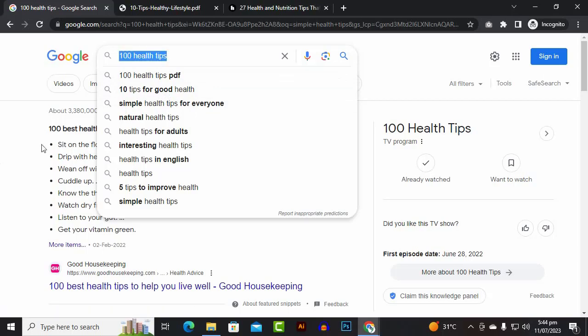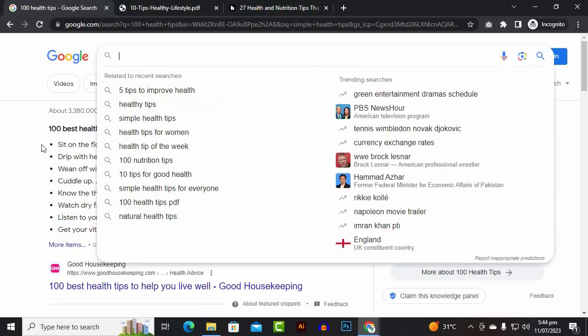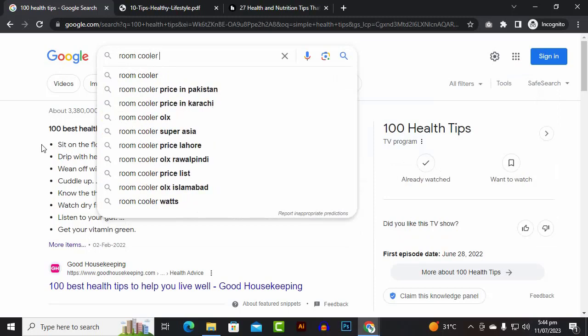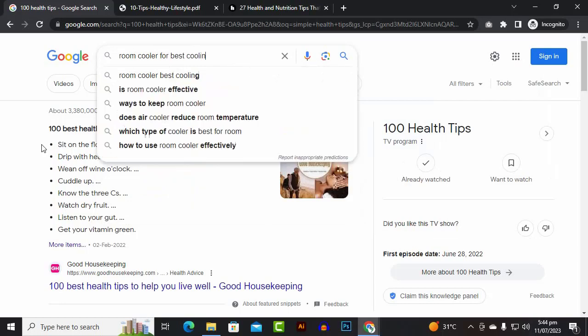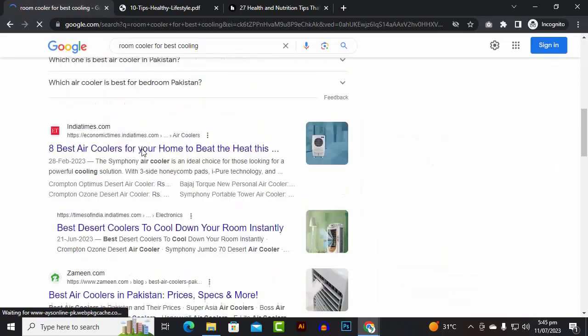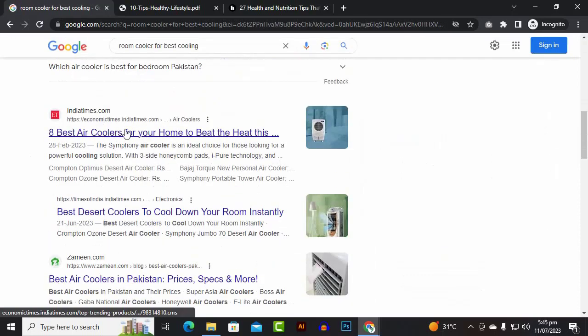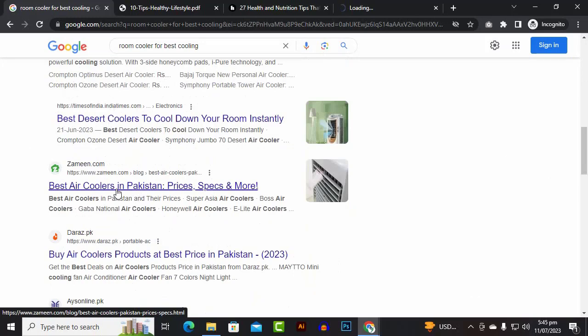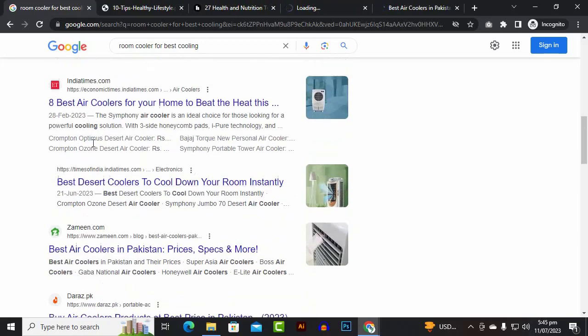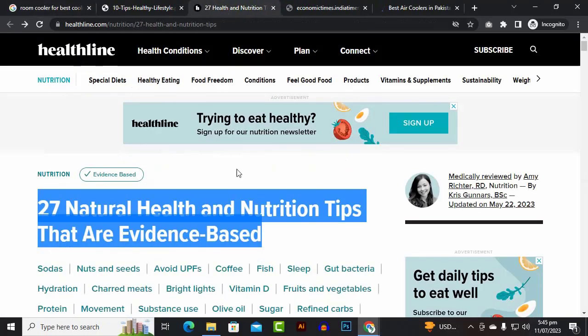For example, I will search here for room cooler for best cooling. Okay, so this is a search term. Now you can see that it will show us the articles, 8 best air coolers for your home to beat the heat. Okay, and you can see we have different articles usually on the top,